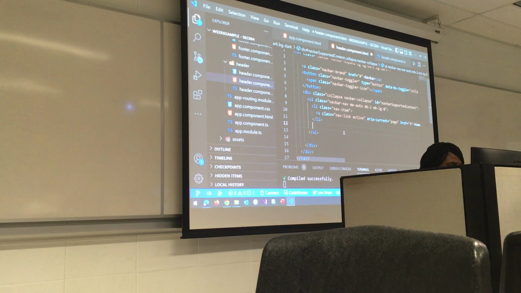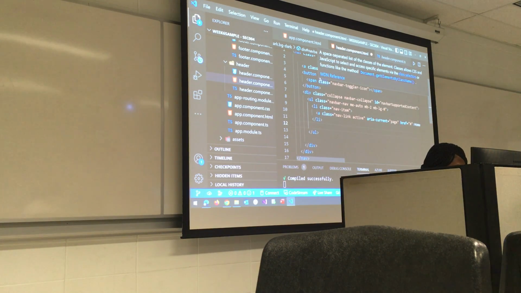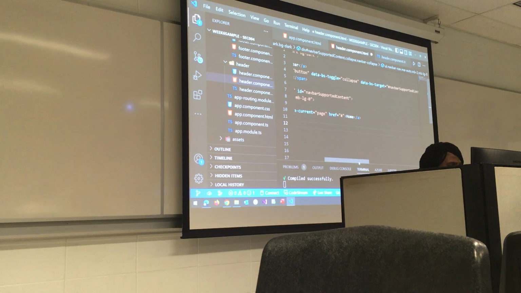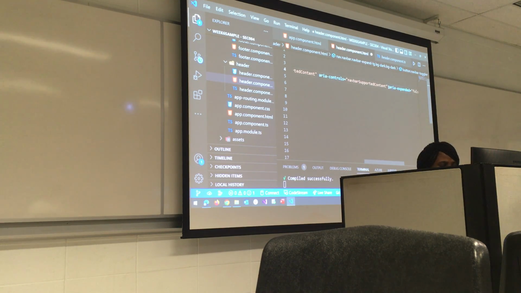So for the button, class navbar-toggler, type button, data-bs-toggle collapse, data-bs-target #navbarSupportedContent, aria-controls navbarSupportedContent. I'll remove every other thing from here.